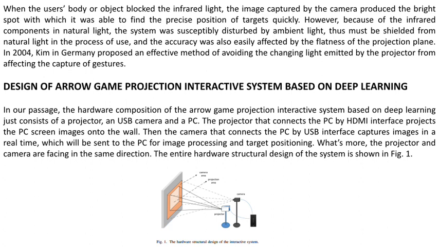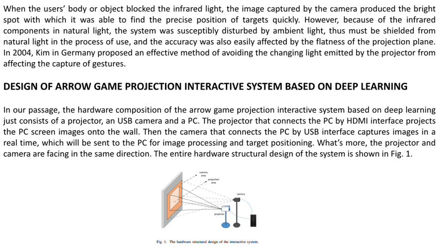When the user's body or an object blocked the infrared light, the image captured by the camera produced a bright spot, with which it was able to find the precise position of targets quickly. However, because of the infrared components in natural light, the system was susceptible to disturbance by ambient light, and thus must be shielded from natural light during use, and the accuracy was also easily affected by the flatness